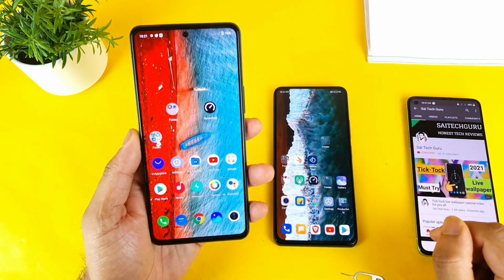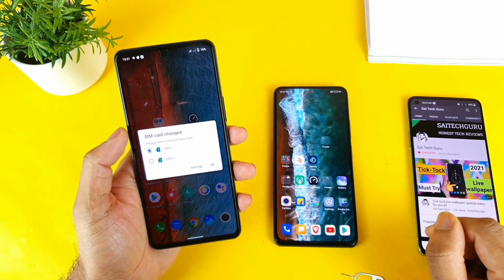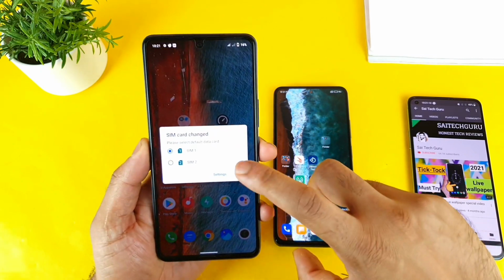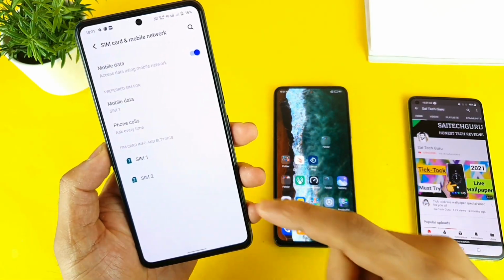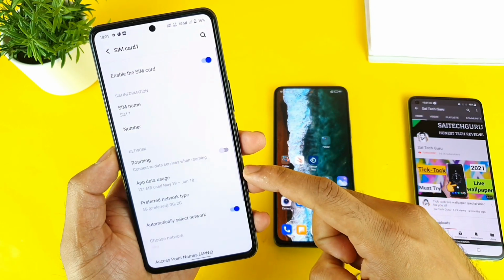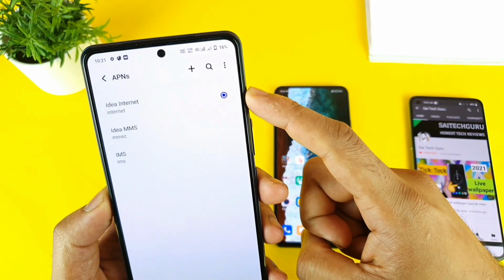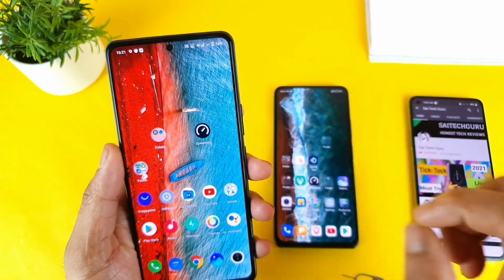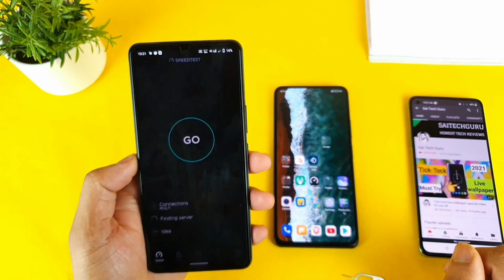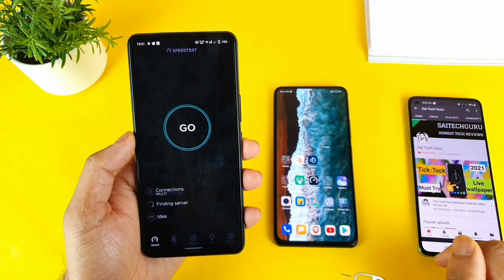First I'm testing on this iQOO 7 device, as you can see, friends. This is the iQOO 7 smartphone, and these are the settings. First let me use SIM 1 and then SIM 2. Right now, as you can see, these are the SIM card settings and this is SIM 1. SIM 1 is the Idea network, as you can see. First let me do the testing using the Vi SIM, then I'll change to SIM 2 and write down the readings. So let me start the test.